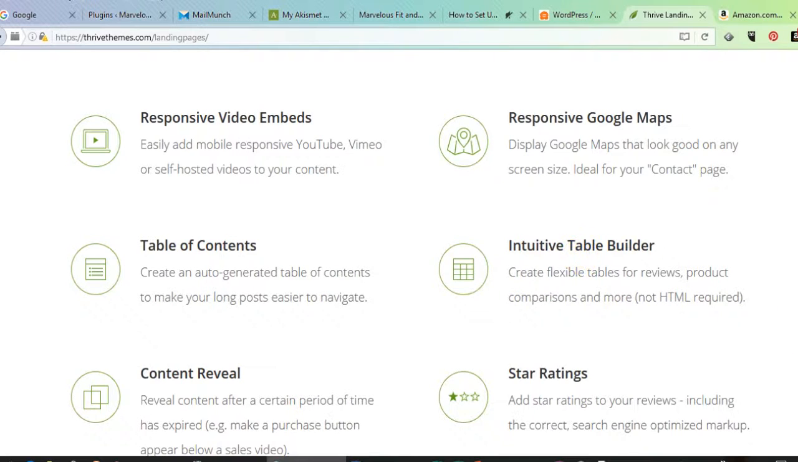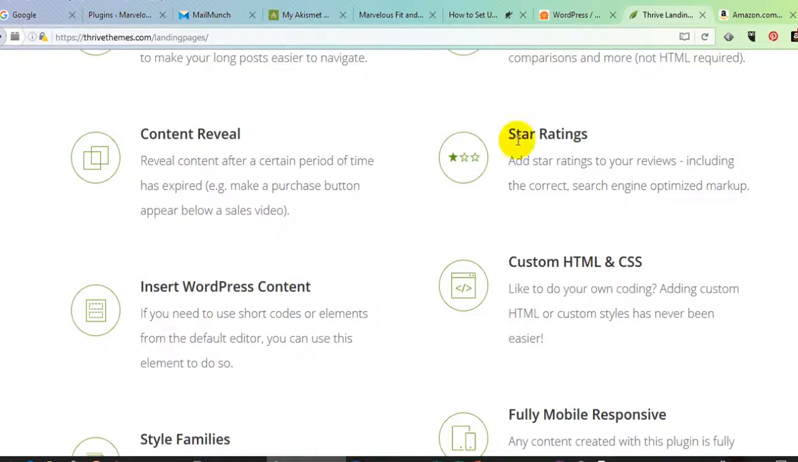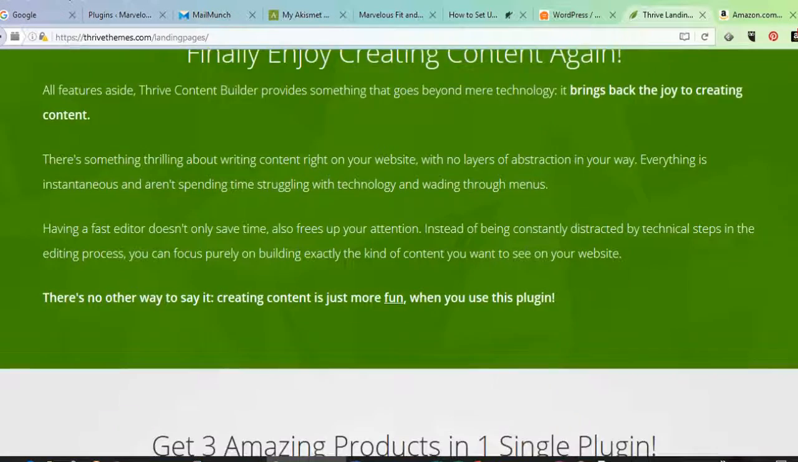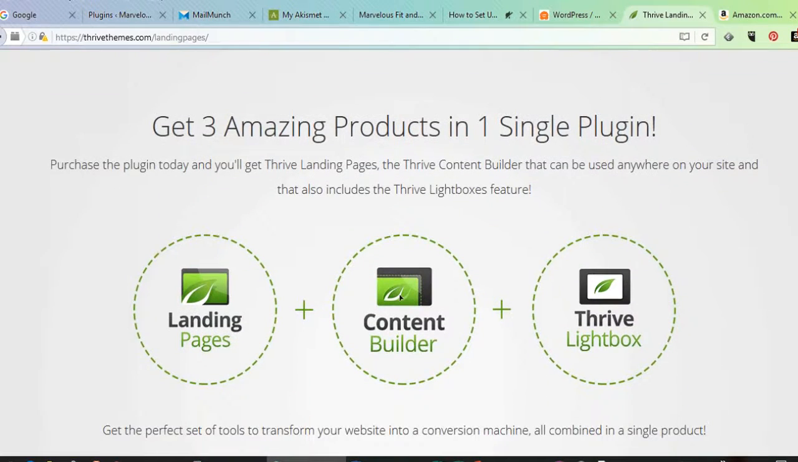A table builder. You can actually put ratings on your blog posts, or if you have products, you can add ratings to your products. You can do a content reveal, HTML, style sheets, fully mobile responsive. So that means that no matter what device your customers are looking at your site on, your site is going to look great. And so it basically enables you to get 3 products in one: the landing pages, content builder, and Lightbox, all for